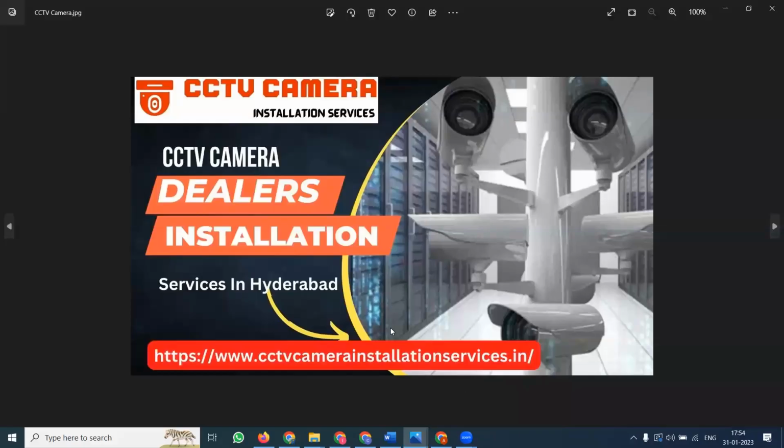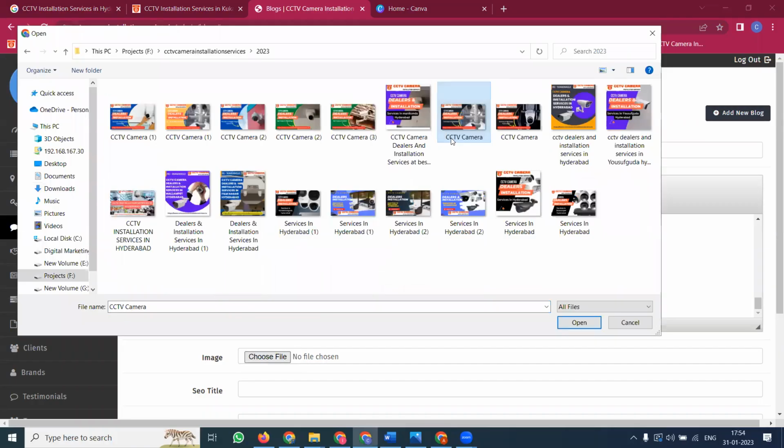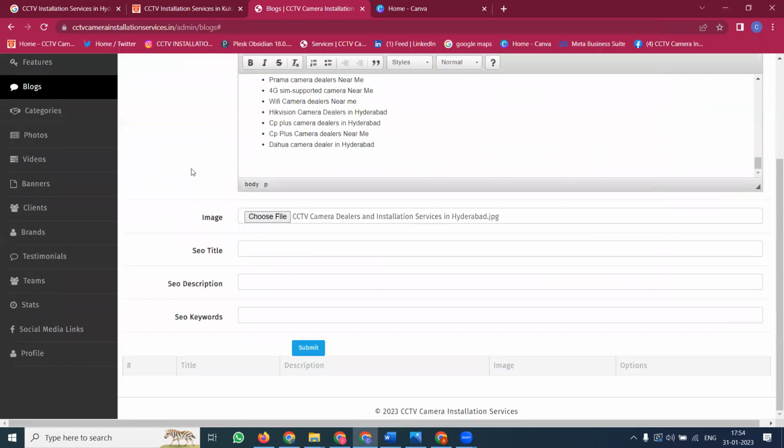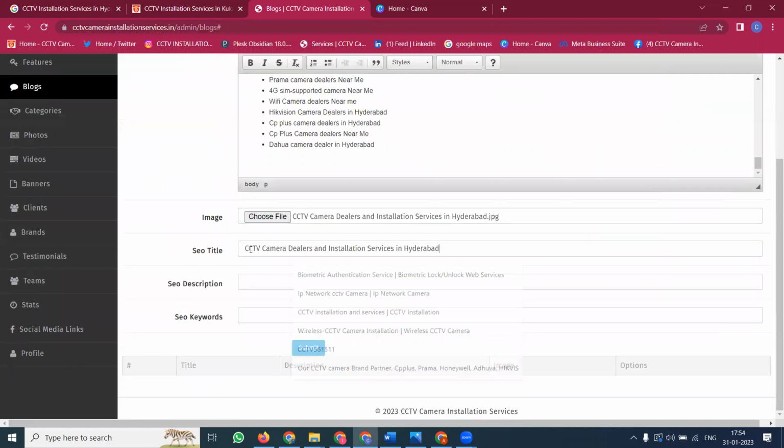The image we can already see. CCTV dealers and installation service in Hyderabad. Rename. Here, copy this option. Same title. After this one,